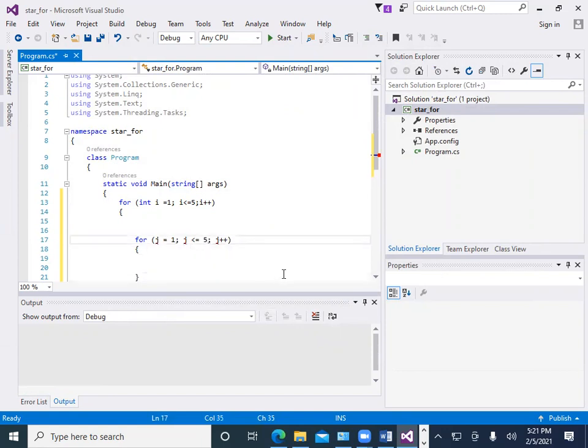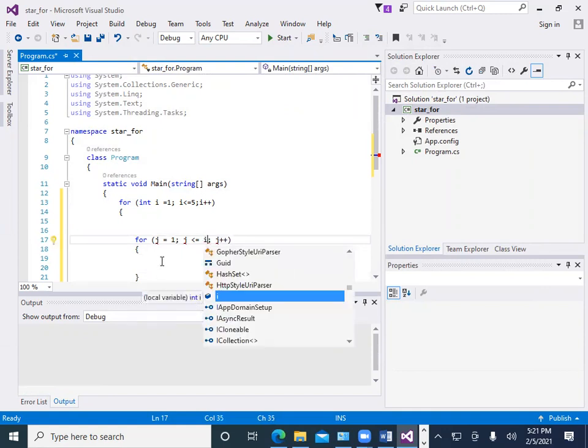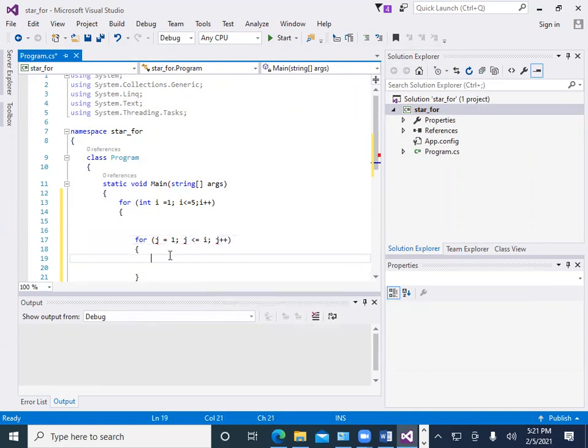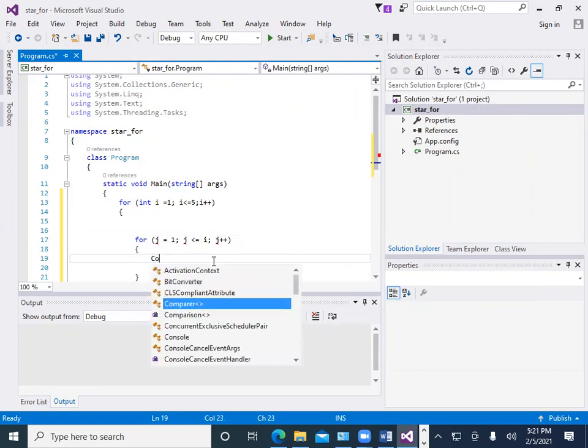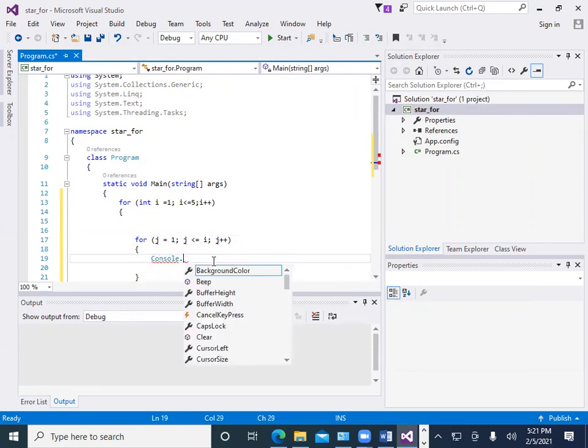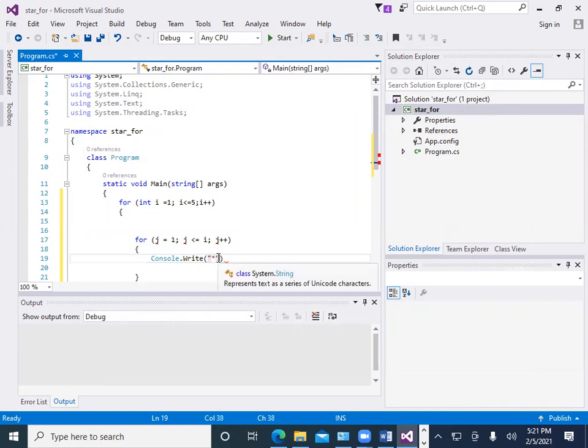Okay, after that, so here we should write i, because I will explain you later why we use i here. So after that we just print console dot write, we print star, and when it prints we have to come outside the loop.